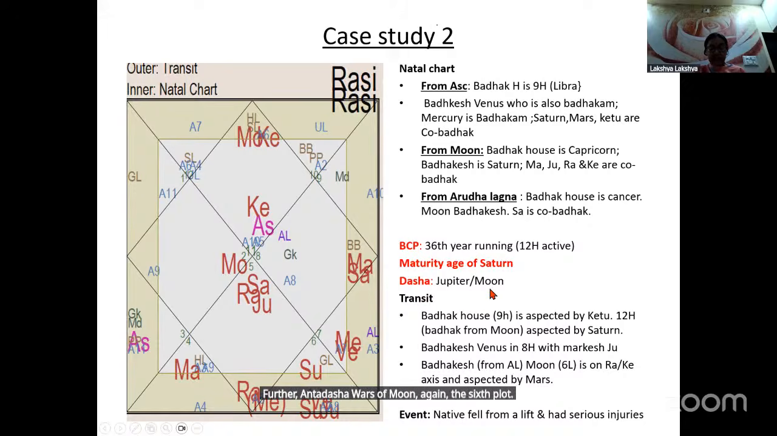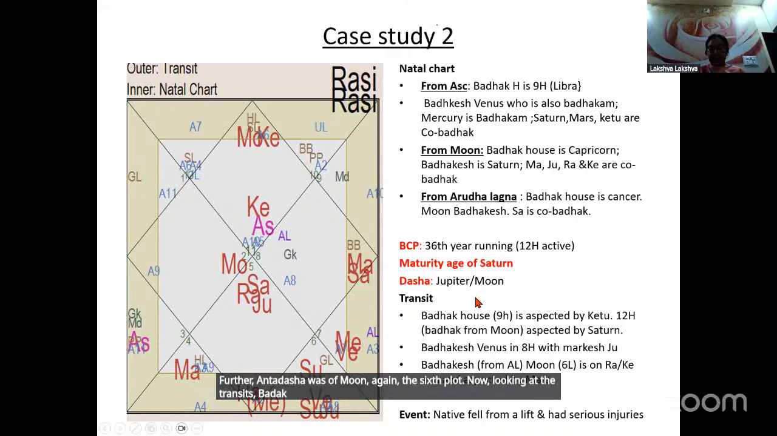Now, looking at the transits, the Badhak house is aspected by Ketu, and the 12th house